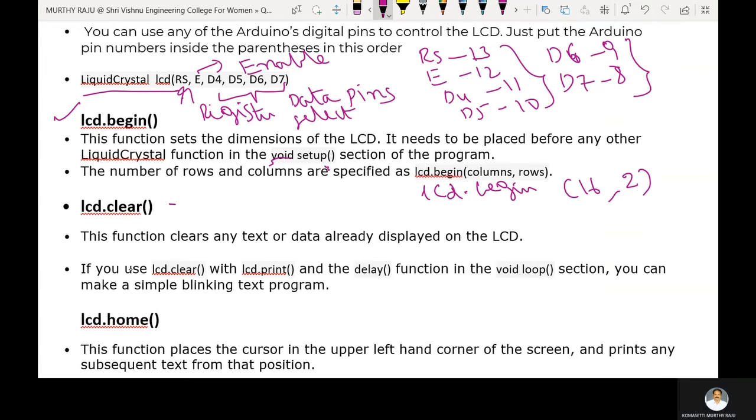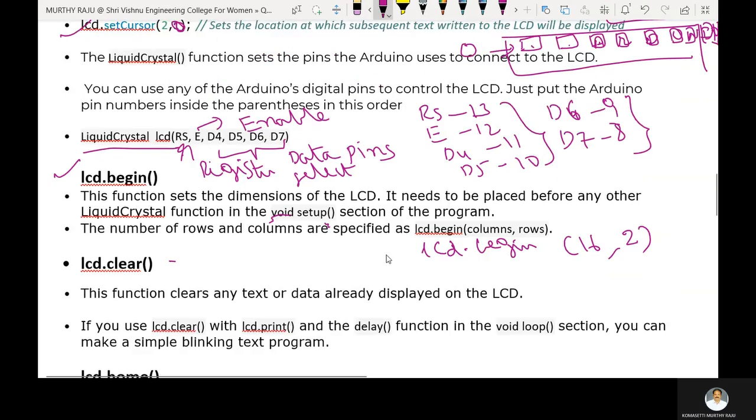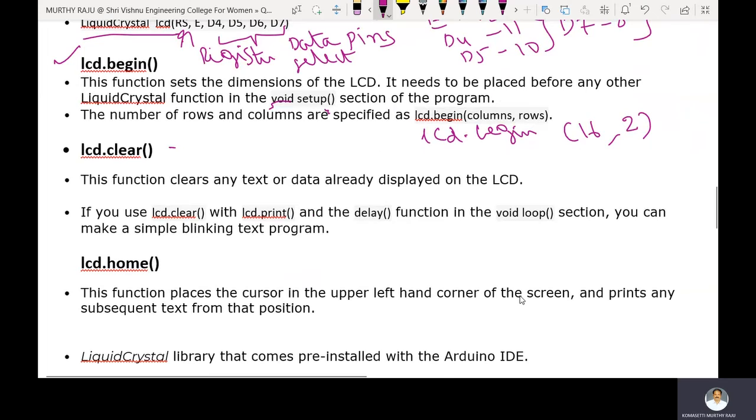lcd.clear. This function clears any text or data already displayed on the LCD. If you use lcd.clear with lcd.print and the delay function in the void loop section, you can make a simple blinking text program. Suppose here in the void loop, not setup,